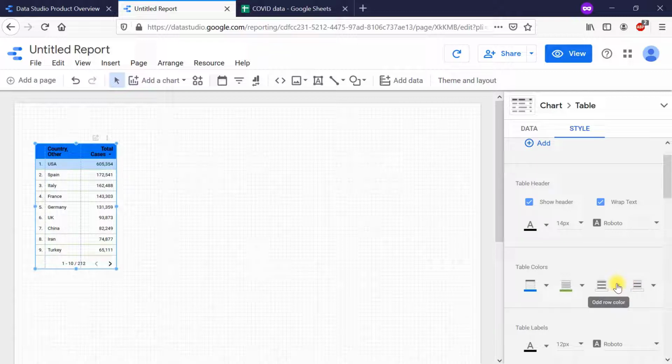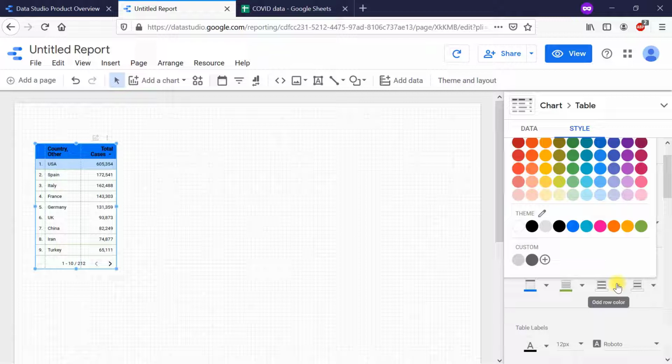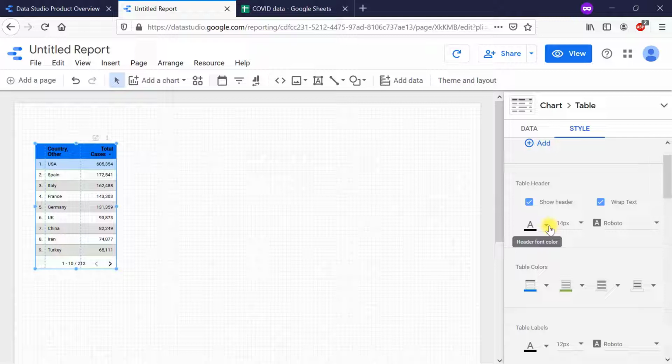The other 2 options are for odd rows and even row colors. In Excel also you can do this and it is known as banded table. This basically makes it easier to read wide tables. So if you add a light gray color to the odd rows, and if you have a very wide table, having such banded rows makes it easier to read the corresponding values in one particular row.